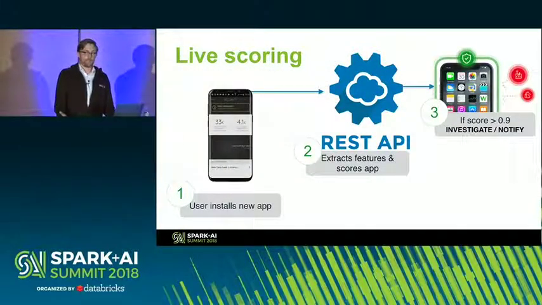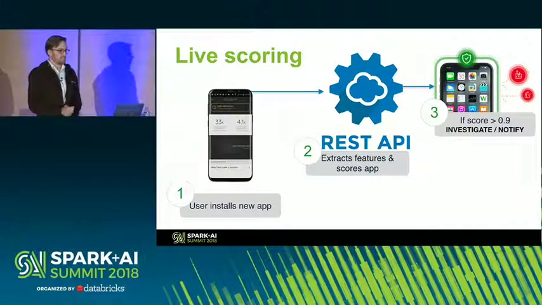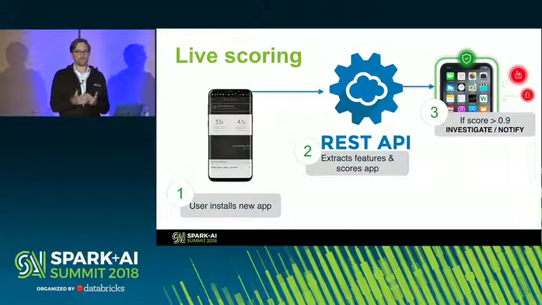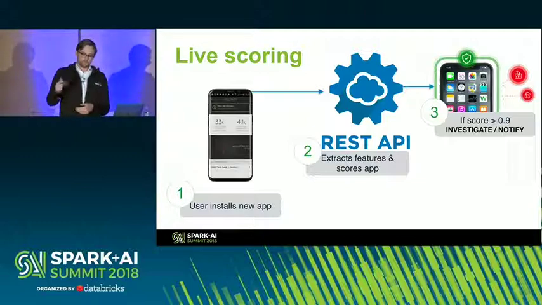So how does it actually happen live? What happens is a user will install a new app. Our app will then tell us, oh, the user has installed a new app. Here are all the features that you require. It sends all those features that I spoke about, so signatures, activities, to our backend. The backend then transforms those into the requirements for the model, sends that to the REST API. That's scored by OpenScoring, and that is then sent back to the service.